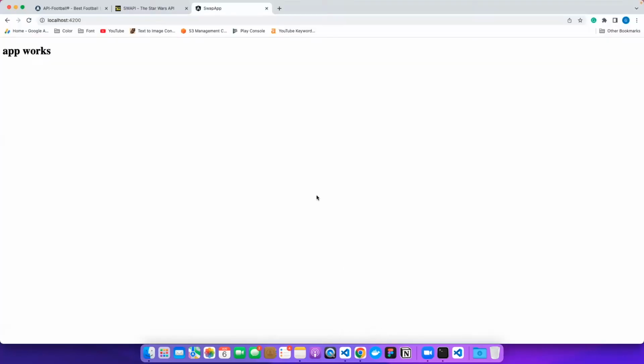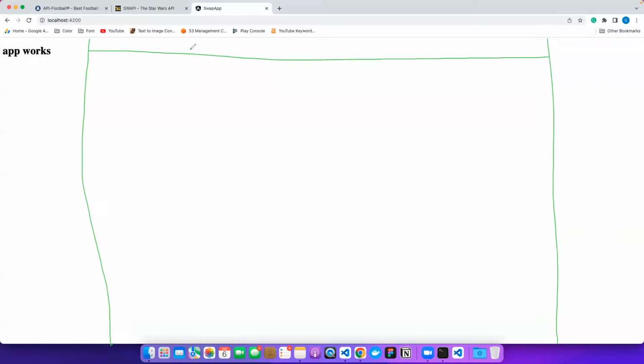First, let us plan our layout. How do we want to create our layout? That is important, right? Without a layout plan, you could really not make any sense out of your application. So maybe my app should work like this. My app border should be here, and a header that talks about Swap API,